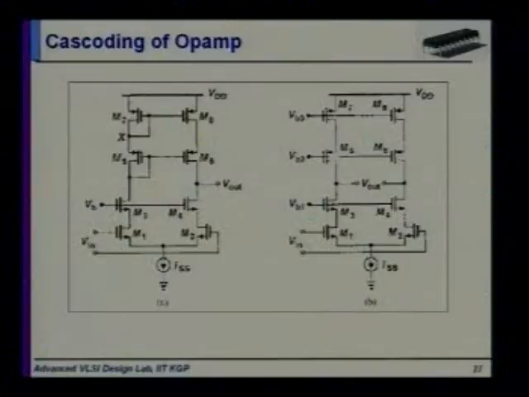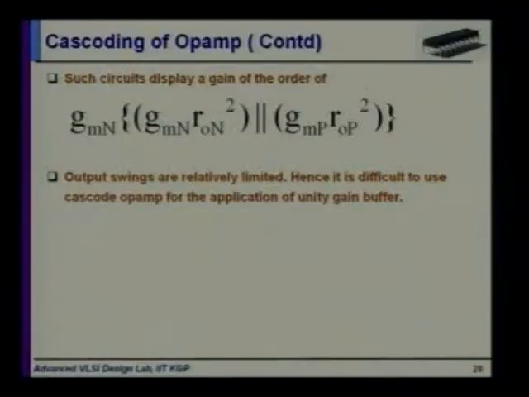So up to this point you just know it. For the two-stage circuit, you get less gain, but you can operate over a good range. The cascode circuit will operate in the linear region for less swing; here you will get a good gain, but the swing is reduced. So you can't use it in a unity gain buffer configuration. In unity gain buffer configuration, what do you expect? It will operate almost rail to rail. So you can't use the cascode configuration in a unity gain buffer.